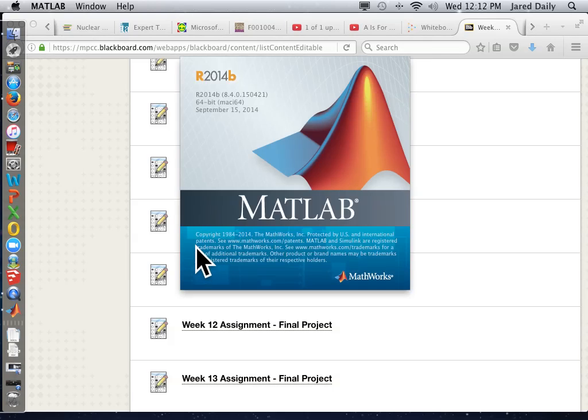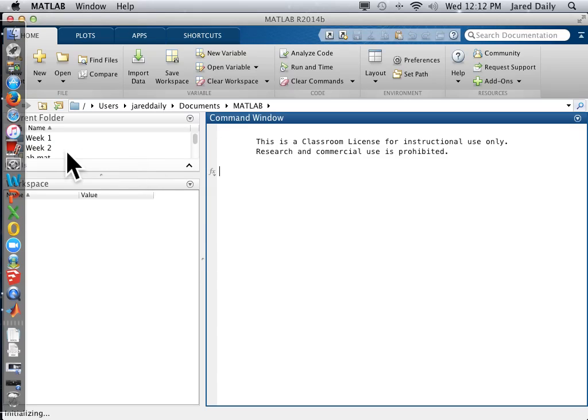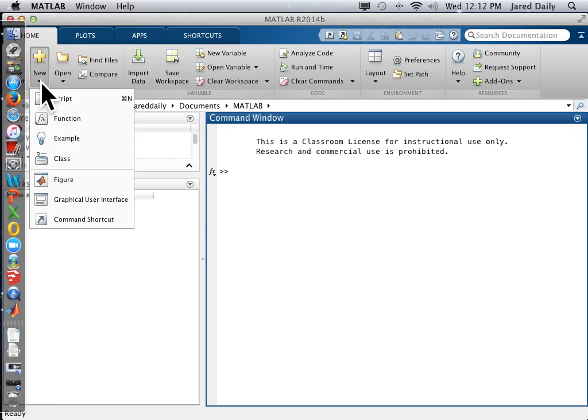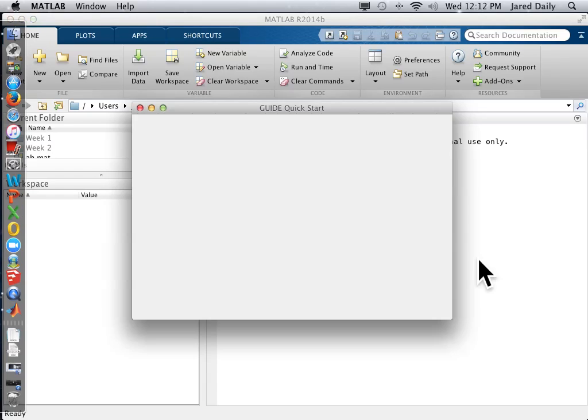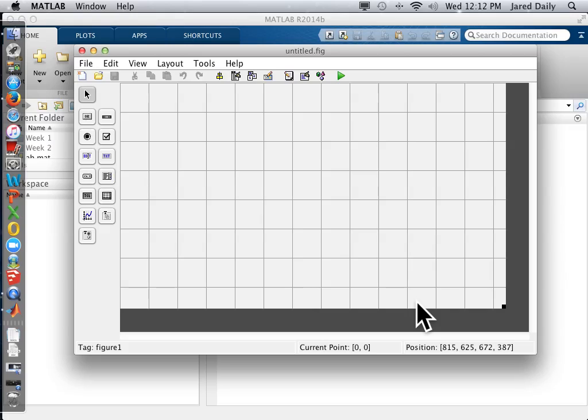So let's start nice and simple. Open up MATLAB. We're going to go up here to new. We're going to open a new graphical user interface right here. And this is going to be a little bit different than we're used to. So we're going to choose a blank GUI, but this is going to bring us into a new form of